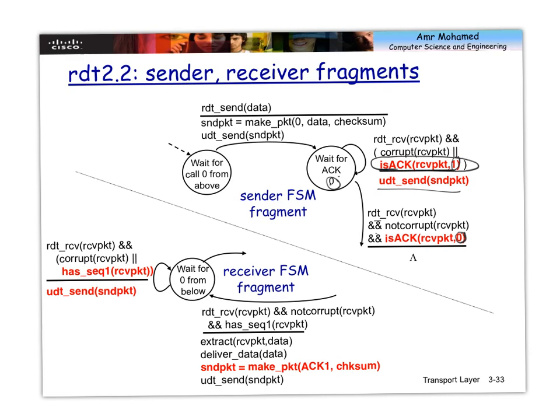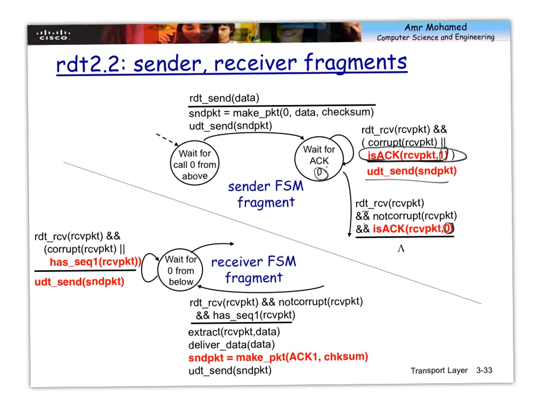So what happens here is that he merged both cases from the previous finite state machine. Why? Because in that case, we don't have two states, whether this is negative acknowledgement or positive acknowledgement. So we're only dealing with acknowledgement. That's why he was able to merge the two cases into one. So if there is any corruption or the sequence number does not match, in both cases, what I need to do is discard this packet.